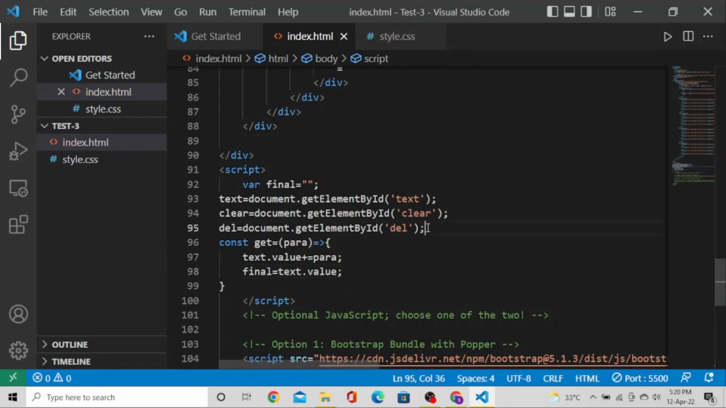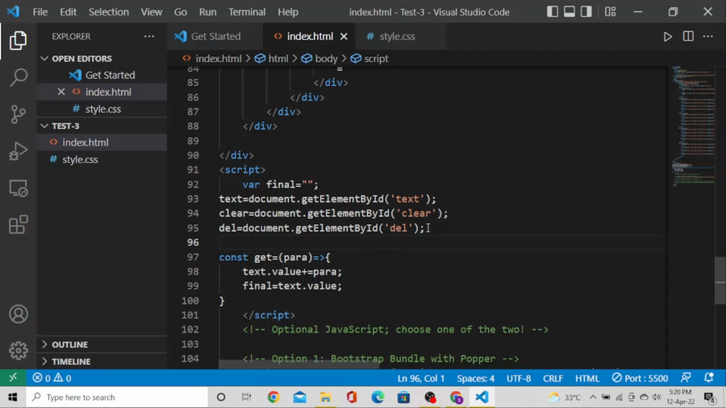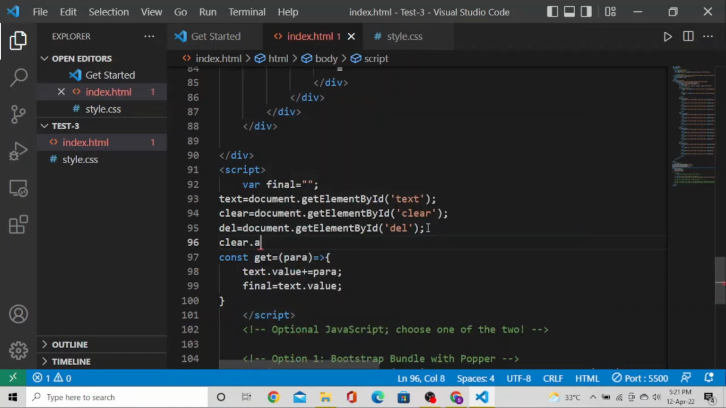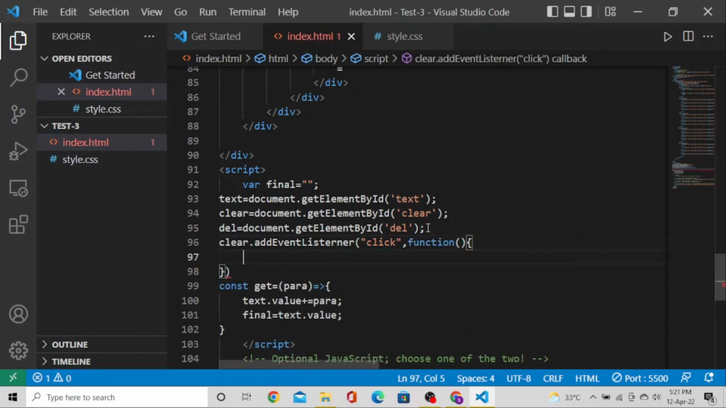And we'll above this declare the clear function. So that is clear. Whenever we click on this clear button, we need an event to be executed. So we'll just add an event listener to it. Add event listener. That is on click, we want a function to be executed. So we'll just write function, round braces, and then we'll specify what function we need to be called when we click on this clear